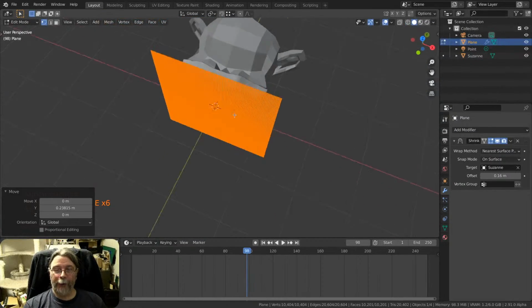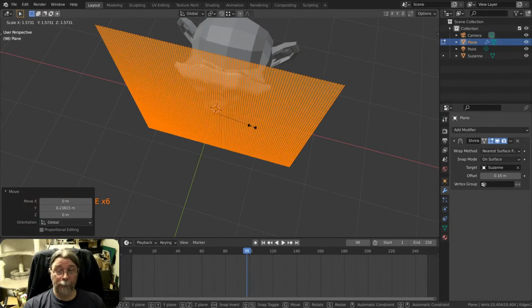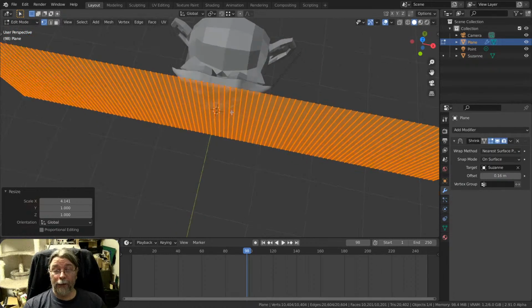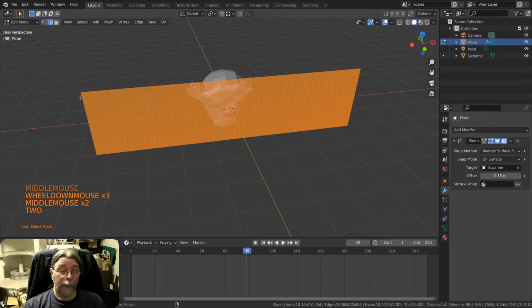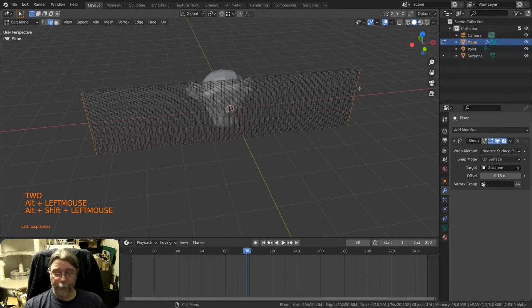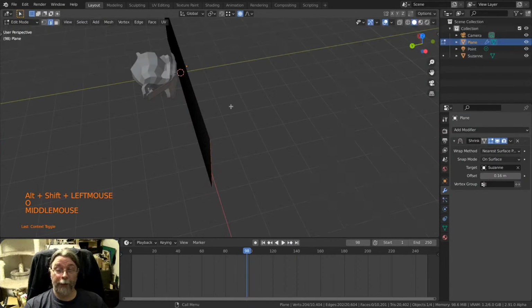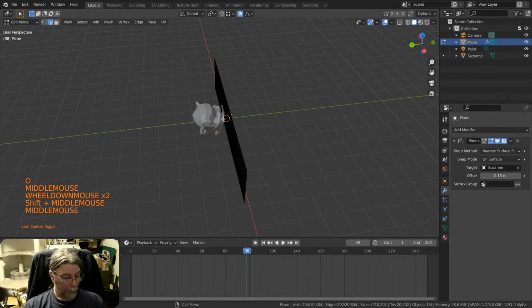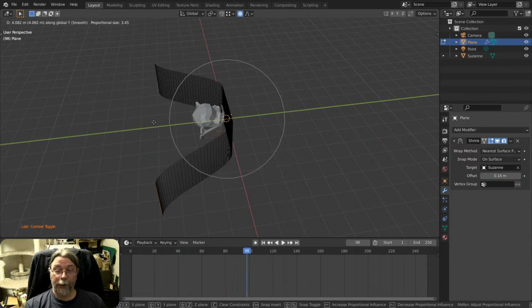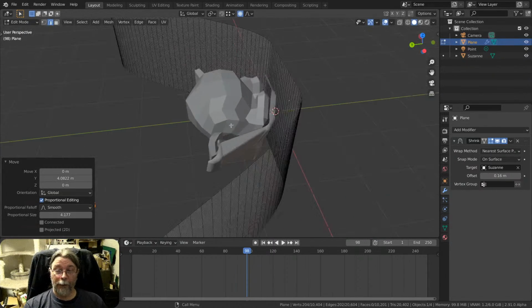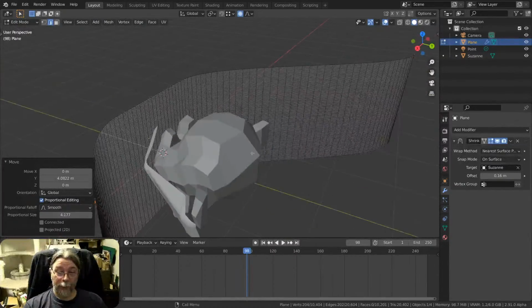I can wrap it around. Scale it in the X direction. Grab the outer edges of this, go into proportional edit mode with O, and move it all in the Y direction. Larger so I can really wrap it. Now you can see it follows